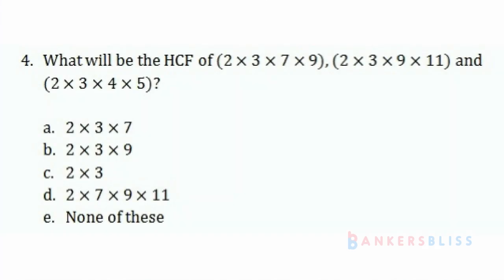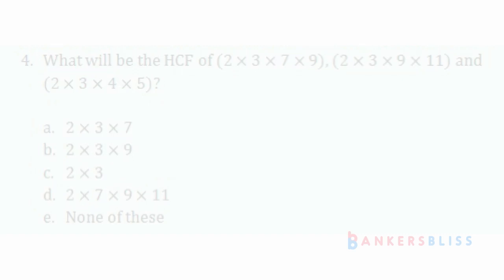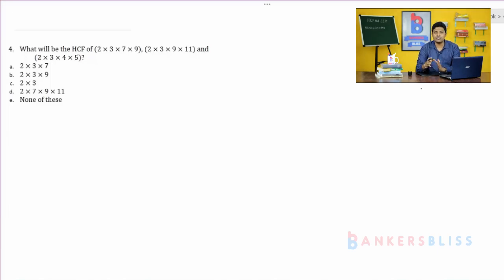So problem number 4. What will be the HCF of 2 into 3 into 7 into 9, that is one number, 2 into 3 into 9 into 11, that is one more number, and 2 into 3 into 4 into 5. Clearly they have given the factors of the number. Only thing is you have to identify the common factors and you have to identify which is the bigger one among the common factors. So the common factors are